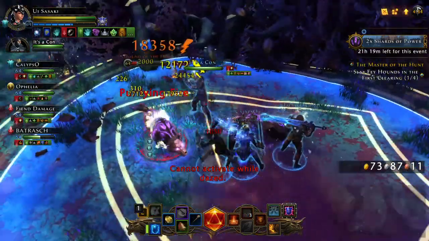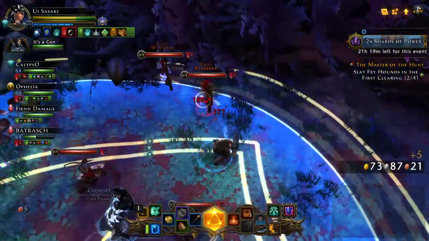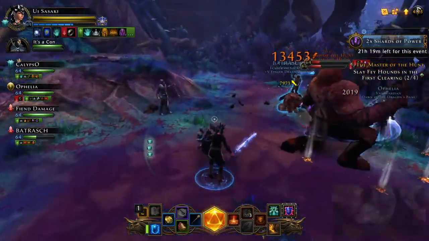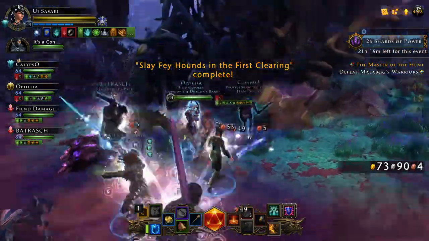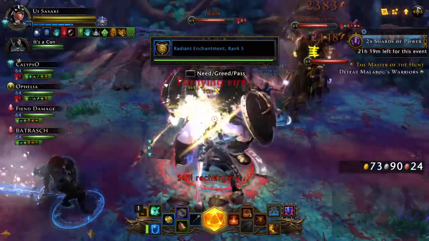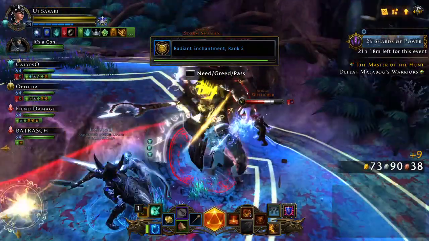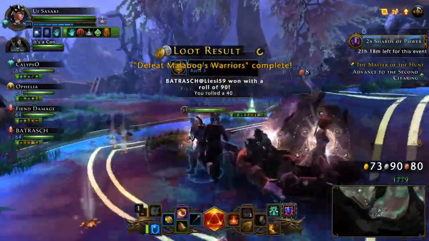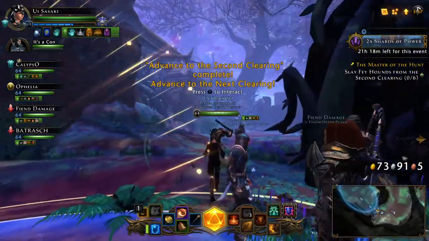Oh wow, I got stunned. I'm just using my R2. I'm not really worried about using any dailies or the like. And then once we kill those, we get some red caps. In other words, goblins. Alright, we've killed 4 hounds. Now we have to defeat the Malabog's warriors. So, I believe that these would count as the warriors. Basically anything that comes and attacks you is a warrior, I guess, at this point in the game. Then they tell you, oh, you need to defeat something else. So the way opened,